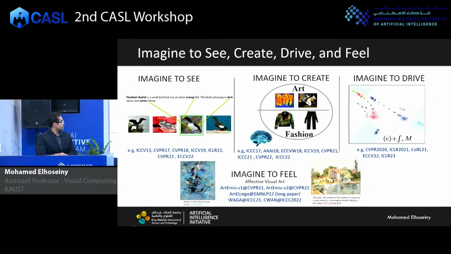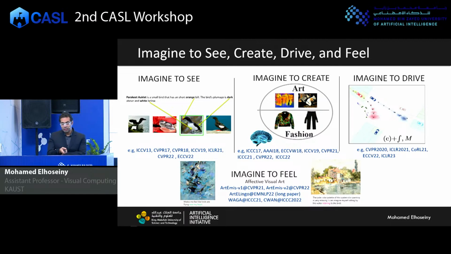What I'm going through in this presentation is I will go through different stations about this imaginative AI. And what I mean by imaginative AI is AI skills that are trained to learn beyond the seen vocabulary. So we have a vocabulary of things to learn about. How can we enable the model to learn to go beyond, or understand beyond, what we have seen during training?